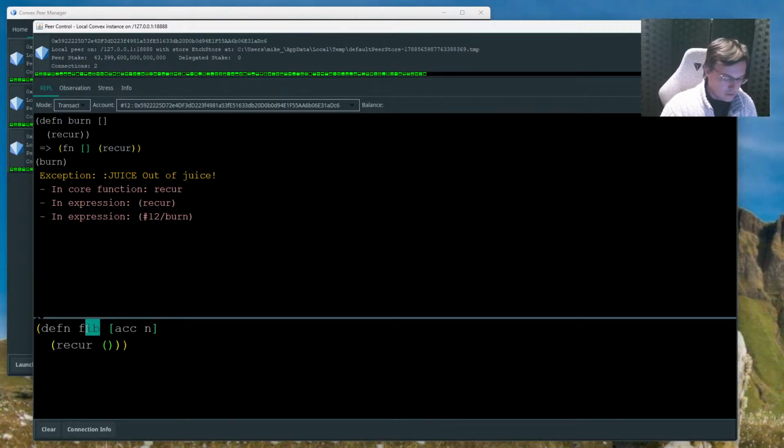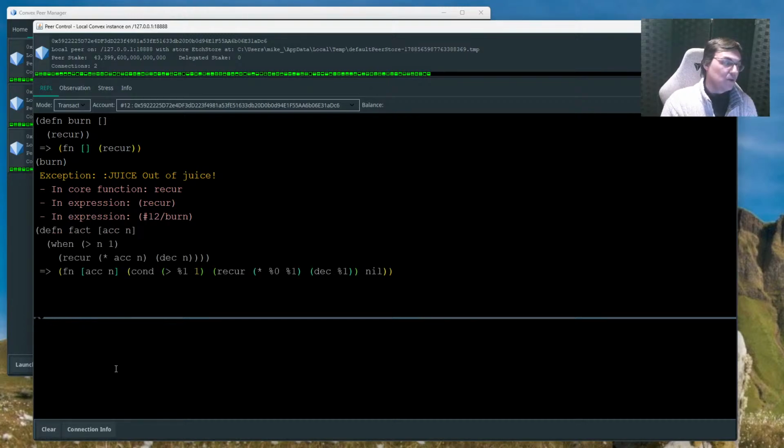factorial is probably the easiest. Factorial is we're going to recur times acc n and dec n, and we're going to do when n is greater than 1. So this isn't going to infinitely recur. Okay,